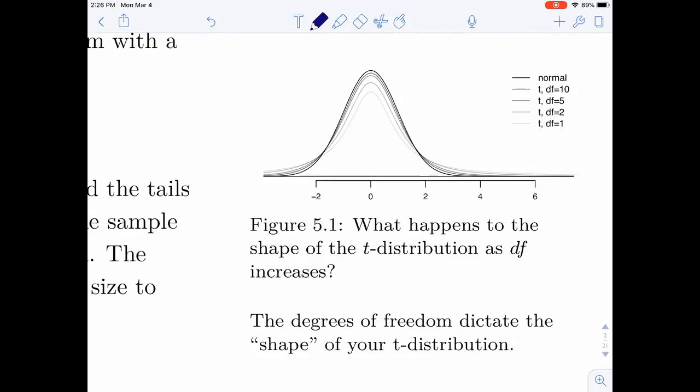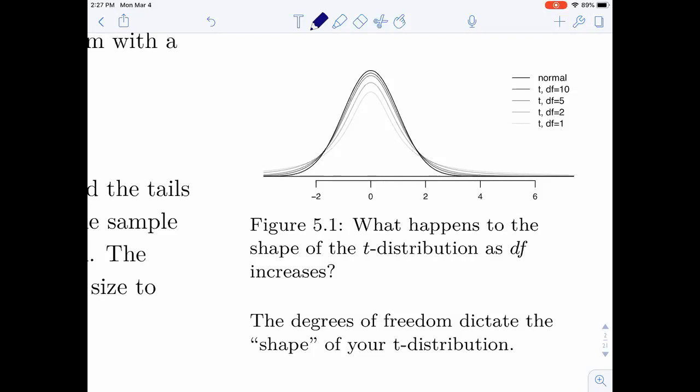And then from there, as your sample size increases, your degrees of freedom will increase as well. So with small sample sizes, you've got a T that looks like this. As your sample size increases, your T is going to get smushed down, and it's going to approach